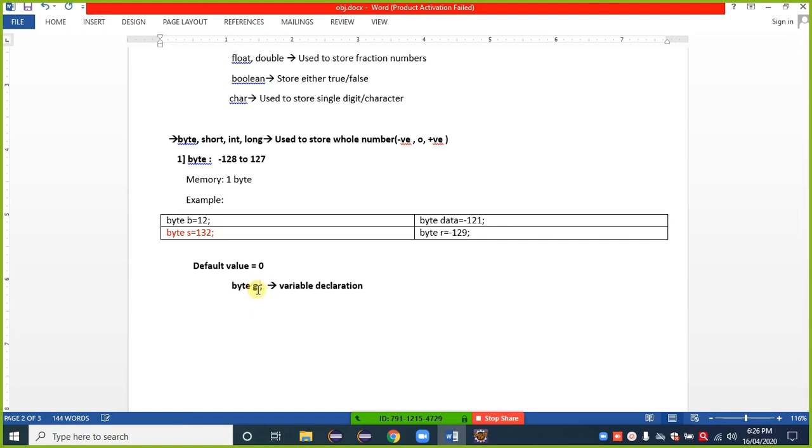In that case Java uses its default value. So byte has default value 0. Let's check practically.